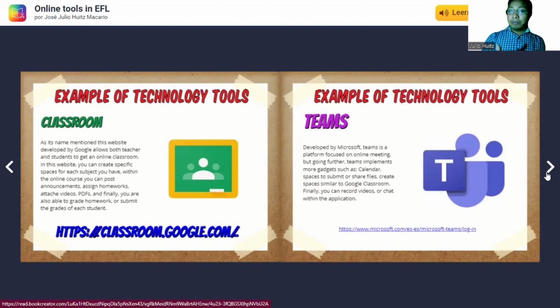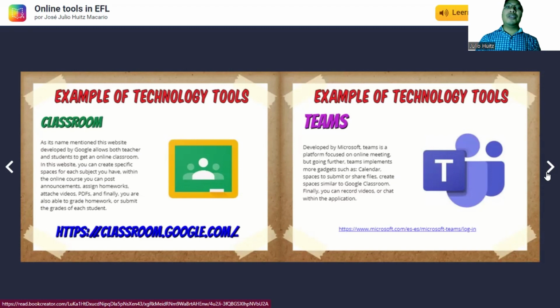So, Classroom, good option. But what about Teams? Teams is a wonderful option designed by the rival of Google, which is Microsoft, another big technology company in the business. So Teams is kind of similar to Classroom.